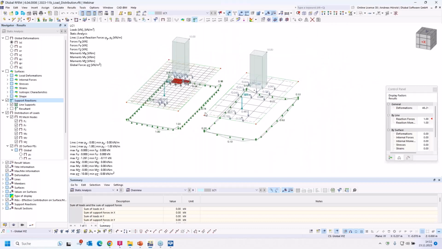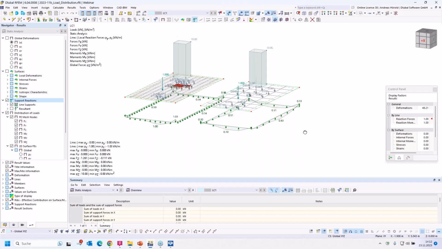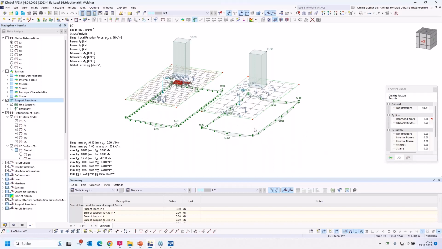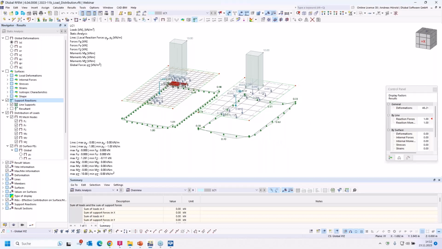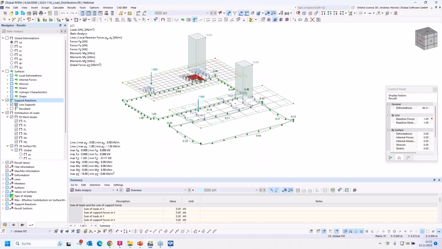When you have a surface load that loads the complete surface, then you will see no difference or only a small difference in the results. But for such examples, and when you have maybe a horizontal beam nearby, that can influence the results. Yeah, you must test it. But with that setting, you can display the distribution of loads and also the support reactions.